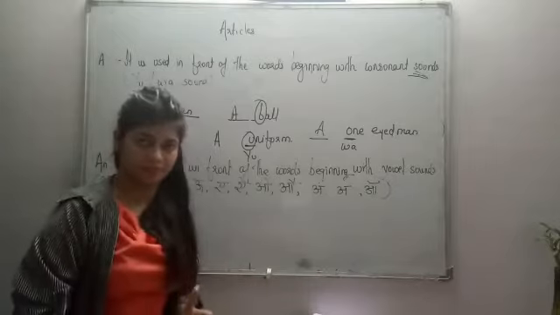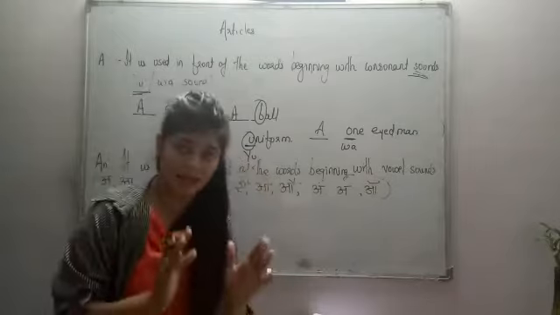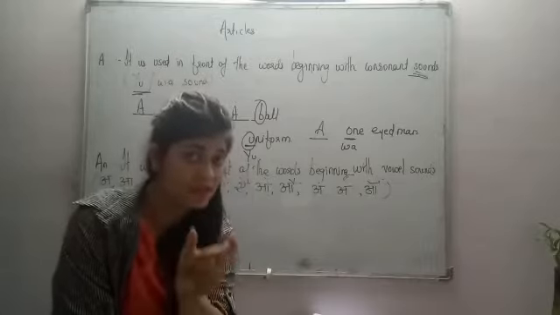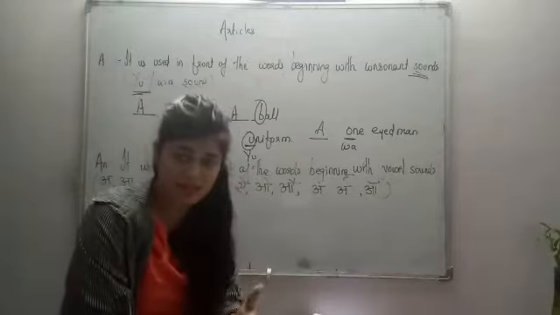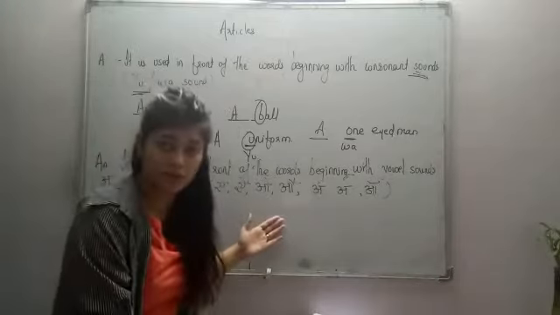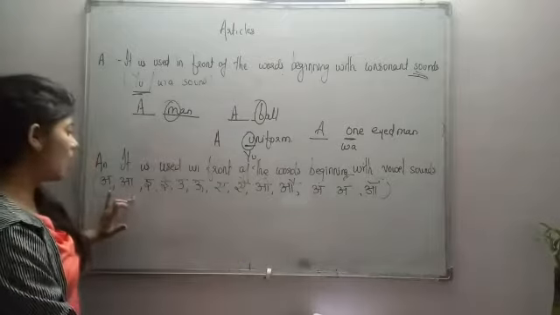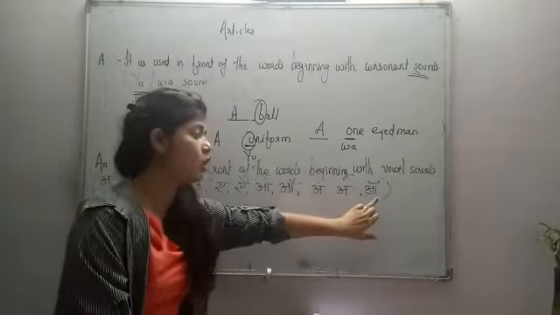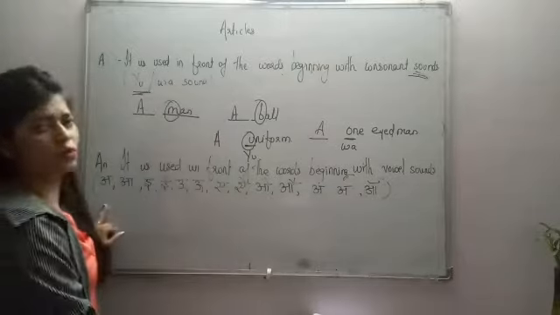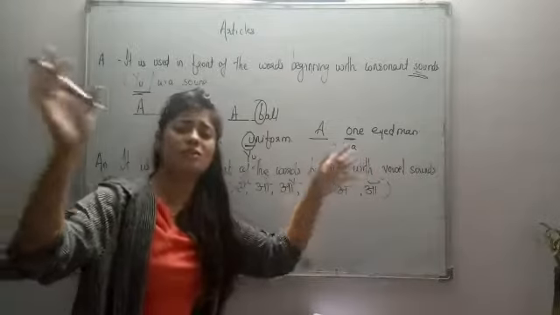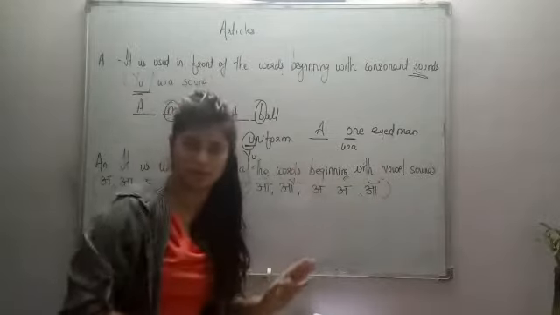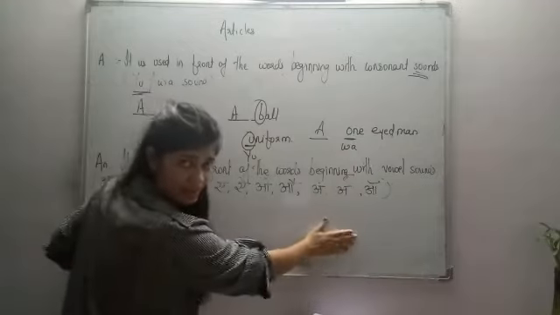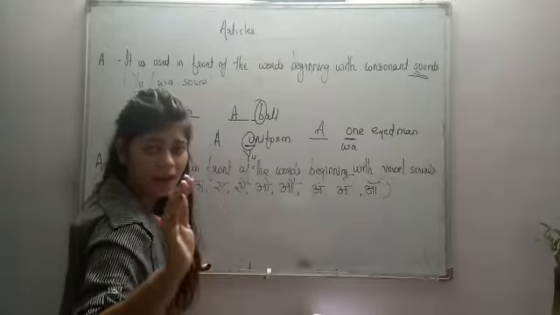Where to use article AN? Now we use article AN in front of the words beginning with vowel sound. Vowel sound. Now for your assistance, I have introduced you some of the vowel sounds, and those are a, e, u, e, o, aha and o. These are all vowel sounds, and remaining all the sounds in the world are nothing but consonant sounds. So these are the vowel sounds. Whenever you find such sounds anywhere, end up using article AN.